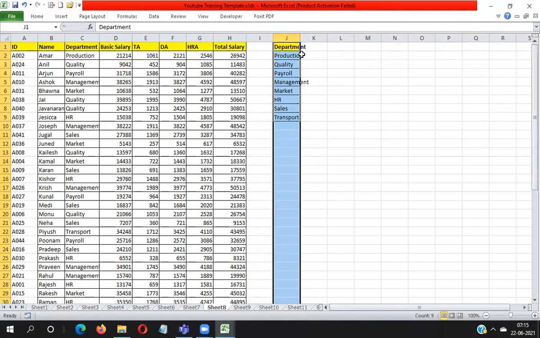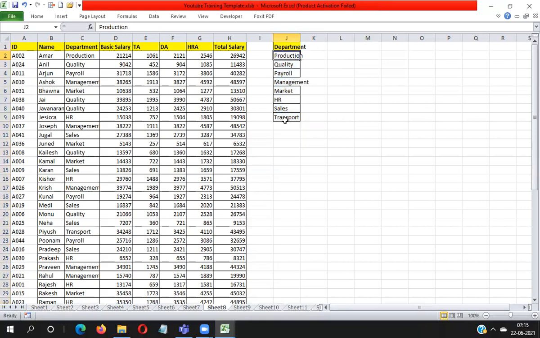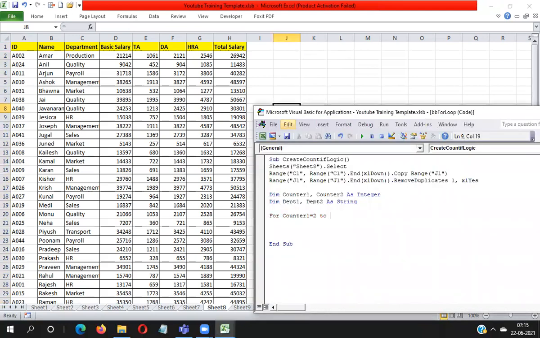So my data is from the second row to the ninth row, so I have to execute my loop from 2 to 9. The first loop will work on the J column, so I'm taking 9 here. Then I close this loop with Next counter1. Now I have to pick the value from the J column.